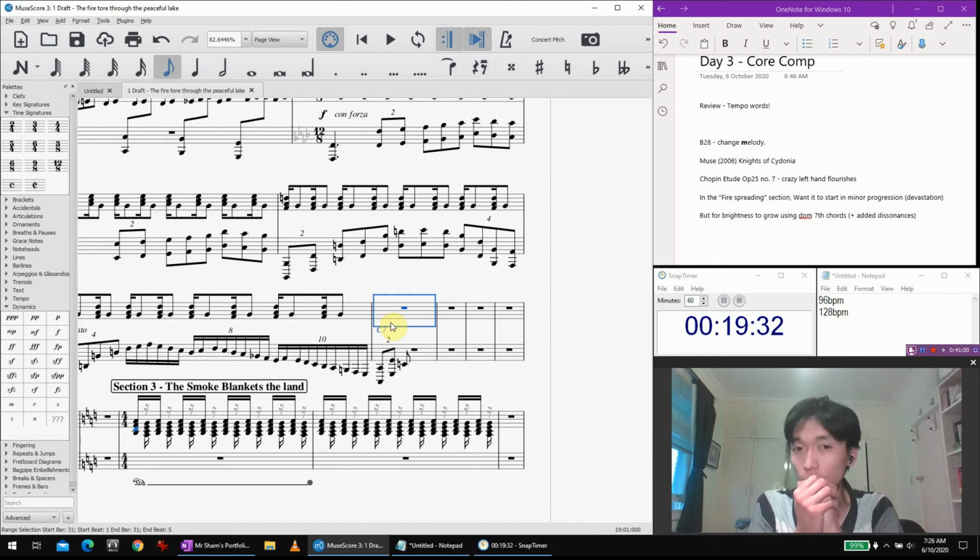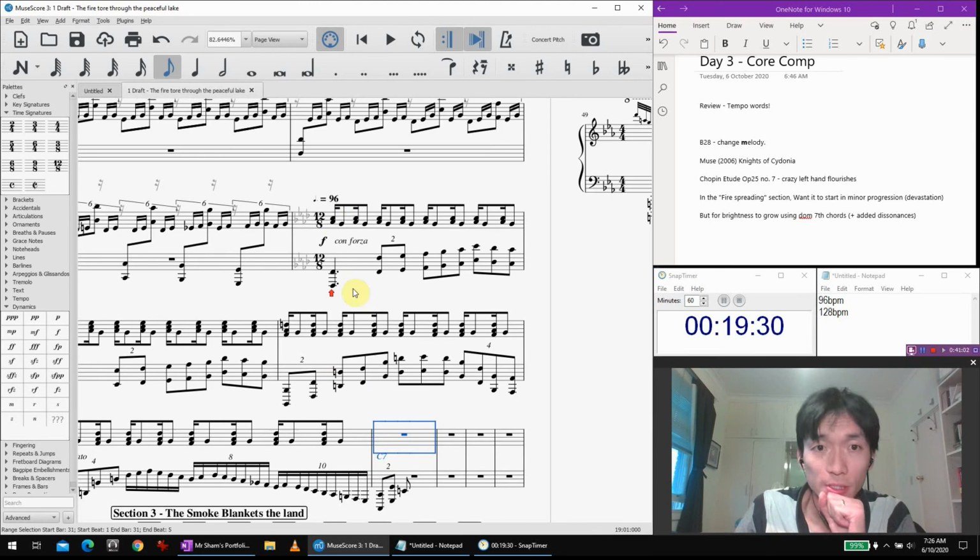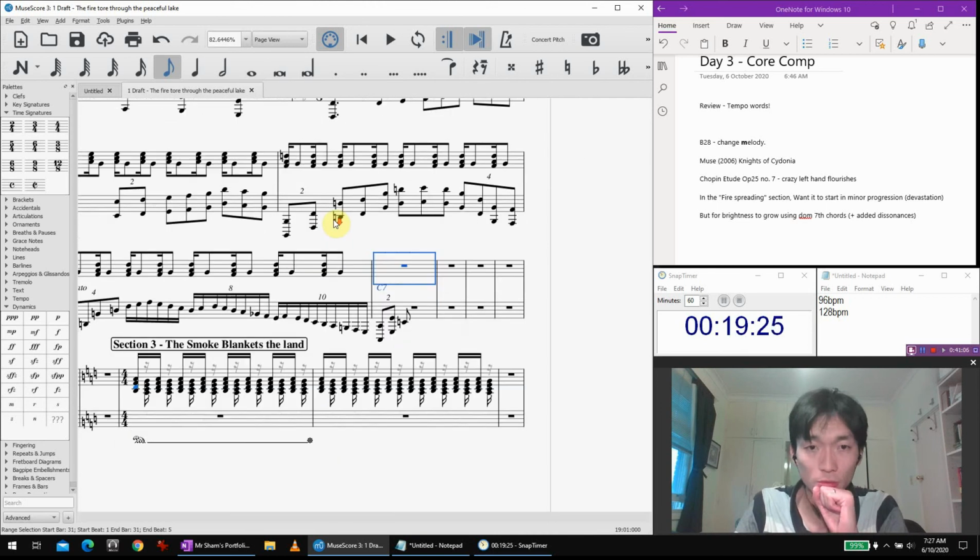I'm not sure if it's going to work. Let's see how we got there. Dum, dum, dum, dun, dun, dun. Tremolo, flourish, boom.